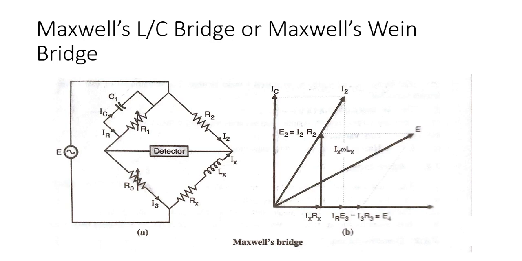Okay, so Q is equal to omega R1 C1. This is the final equation that we have got here. Now this bridge is also called Maxwell's Wien bridge that we have discussed earlier. Now, what is the advantage of using a standard, known capacitor here? You have to see that the known capacitance is used to calculate the unknown inductance.